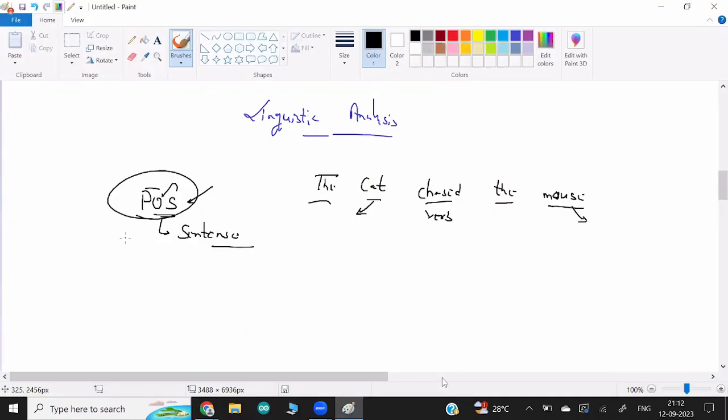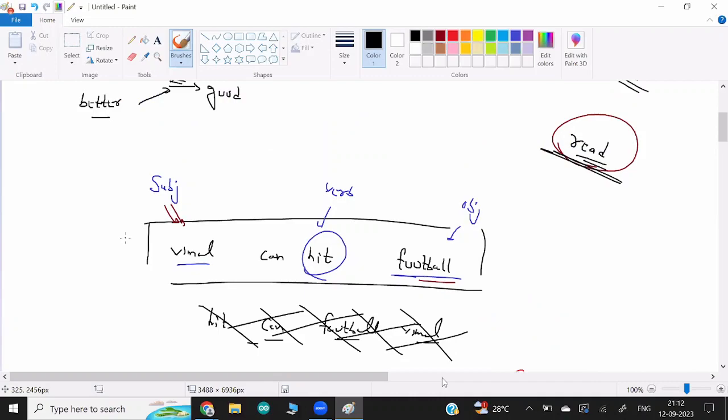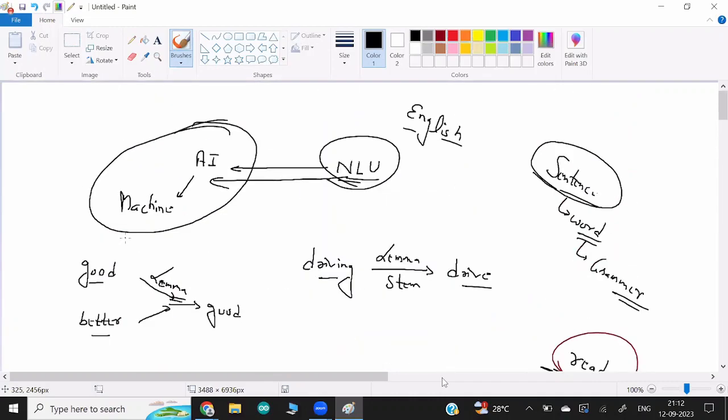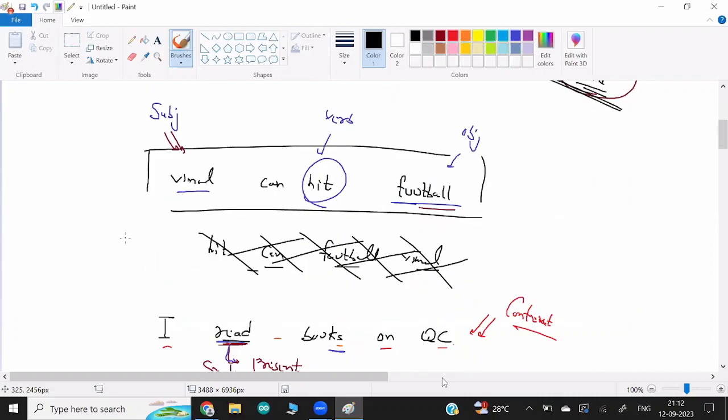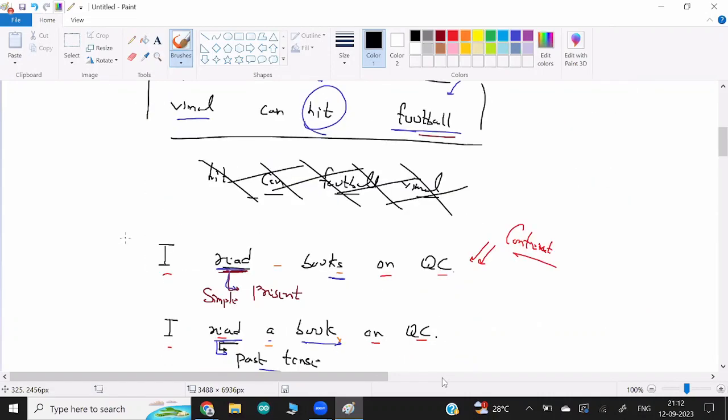I'm talking about POS here because if you want to teach a machine about your language, so they understand your natural language, only giving the word does not make any sense. First, they have to understand where you're applying this word in the sentence, and with context to that sentence,